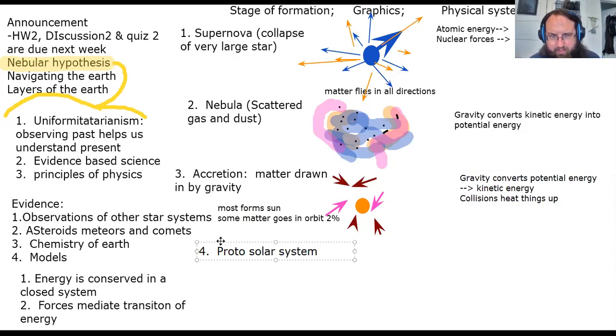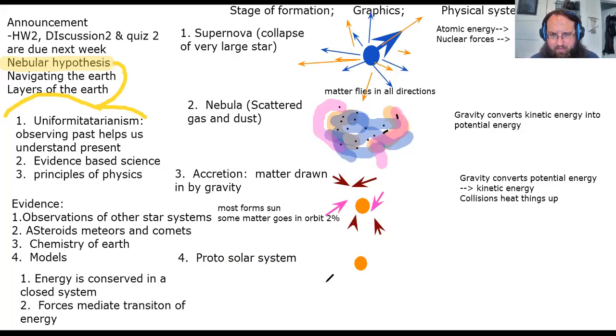So you still have a fairly faint sun. The sun stays a really faint sun at the center of your solar system,